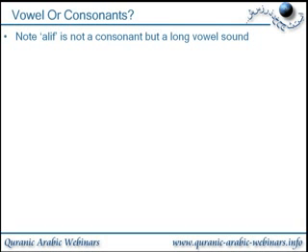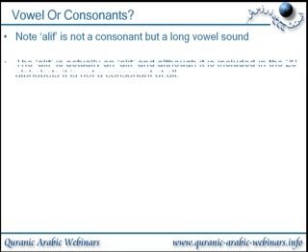Okay, so now we're going to cover just a little note, what I've put here as vowels or consonants. Note, alif is not a consonant, but a long vowel sound. The alif is actually a vowel, I'll explain that in a minute, and although it is included in the 29 alphabets, it is not a consonant at all. So what I'm saying here is when you look at the 29 alphabets, and you'll see this in most books,